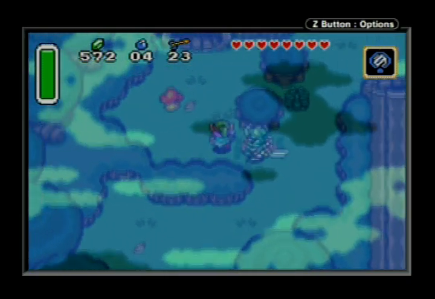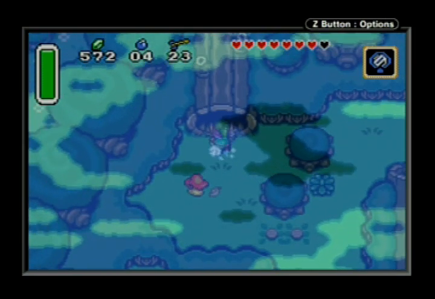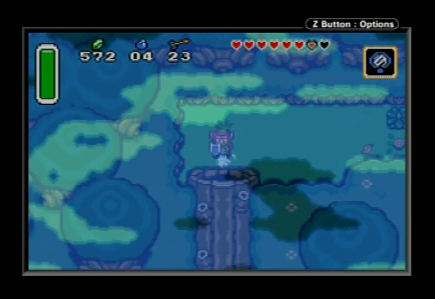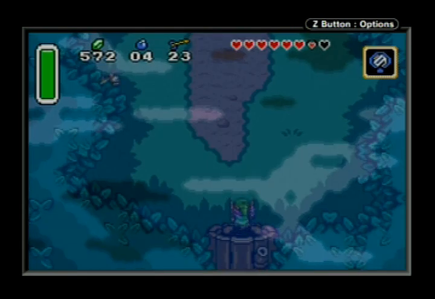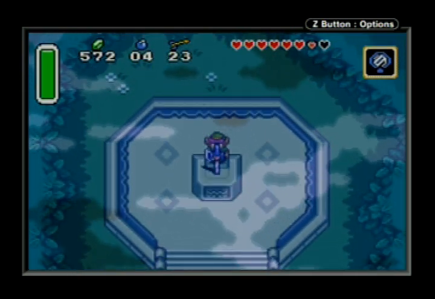Go through here. We'll get the magic mushroom on the way out, so don't worry about it just yet. Guards can hide in bushes in this place. Oh, please. All right, so you want to head along this path because this exit right here, this is the Master Sword. Now, I'm actually kind of glad that I took damage, because when you lift up the Master Sword